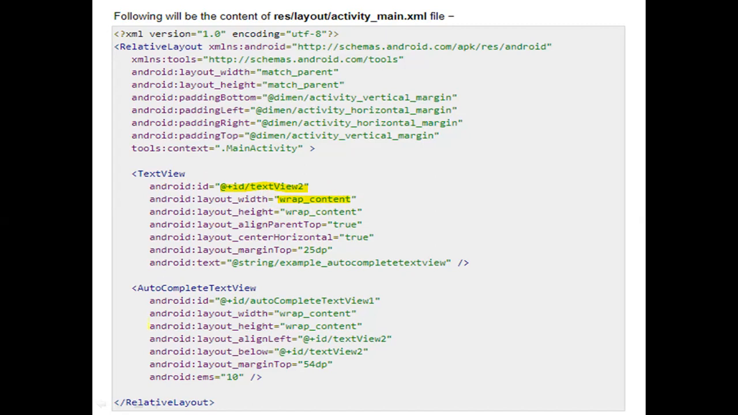And after that, I just drag and drop an autocomplete text view, and then when I open the activity_main.xml file, I can see this many lines of code. So again, ID, this is a common attribute for all views and view groups. So this is the unique identification which is assigned to the autocomplete text view. After that, width and height is fill parent,